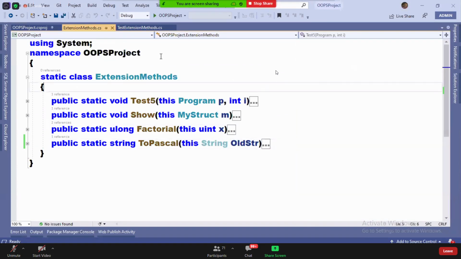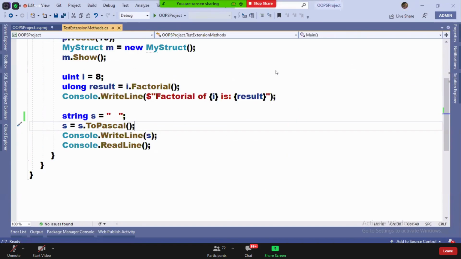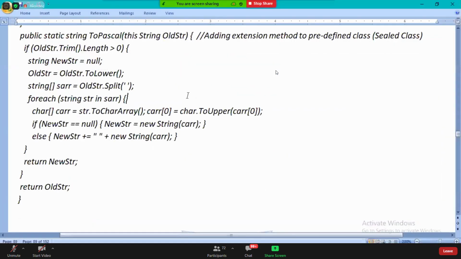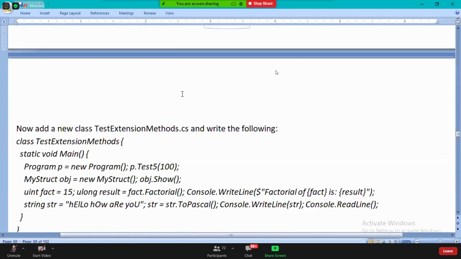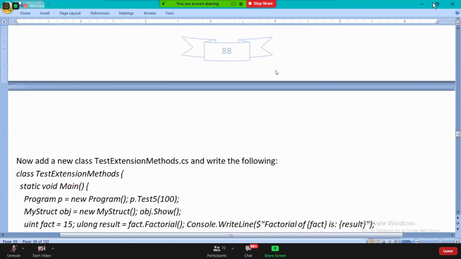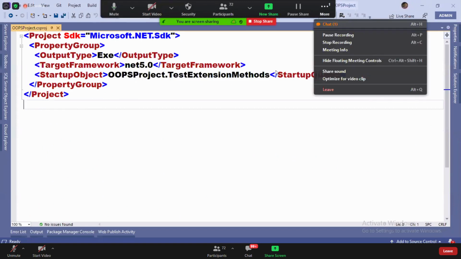Okay, guys. Now this is about extension methods and all the things. We have just learned about it. I already posted a video on this also. You can go through it if you have any doubts. Now today, let's learn about this. If you observe,